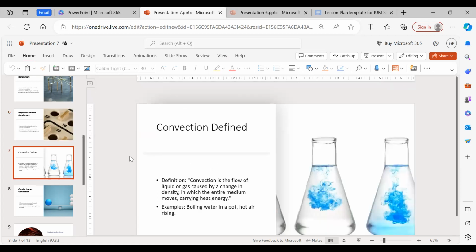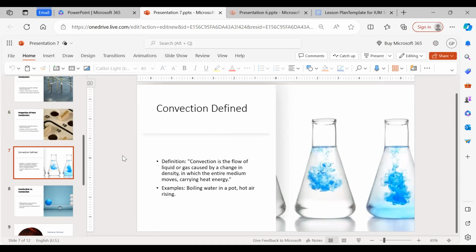And then we move on to our second mode of heat transfer, which is convection. Convection by definition is just a flow. Usually it happens in liquids or gas, caused by a change in density, in which the entire medium moves, carrying heat energy. So for example here, what happens is when you boil water or you boil coffee at home,